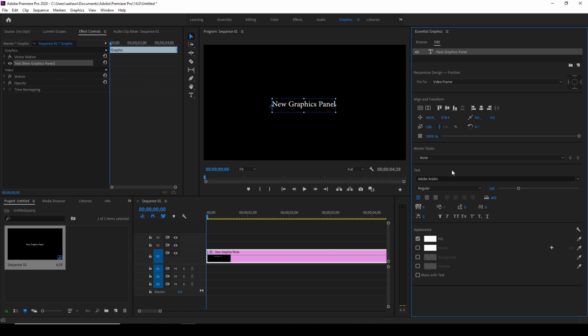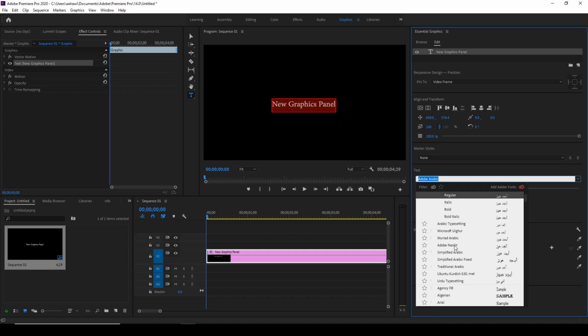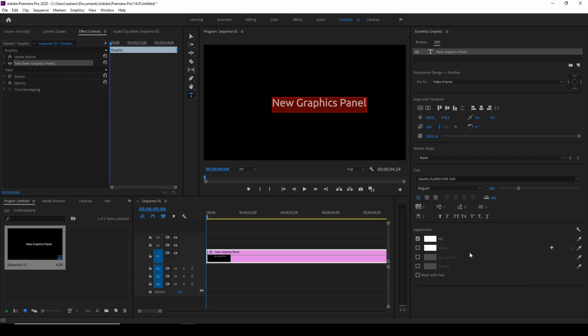Okay, and this is related to the layer itself. You have controls related to the text, and they're going to work only when you select the text. You can change the font name. I'm just going to change it to anything else, like this one. You can change the formatting if available. You can change the size, which is another way to change the size other than the style. You can make the alignment left, right, or center. You have all the paragraph settings that you usually have in Photoshop or any text editor application. You can make it bold, italic, all caps, small caps, and so on, subscript, superscript,